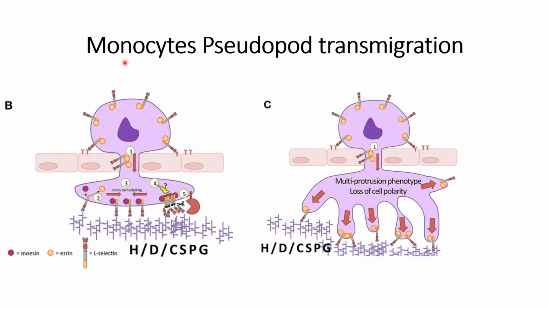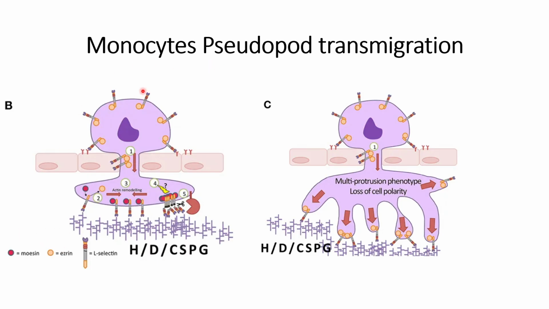In this video we will discuss monocyte pseudopod transmigration. We will continue our discussion from where we stopped in our previous video. In the previous video we understood how L-selectin interacts with ezrin and moesin in the monocyte, as radixins are not heavily expressed. Here the interactions depend on ezrin and moesin, and the cyclic interactions of these two help